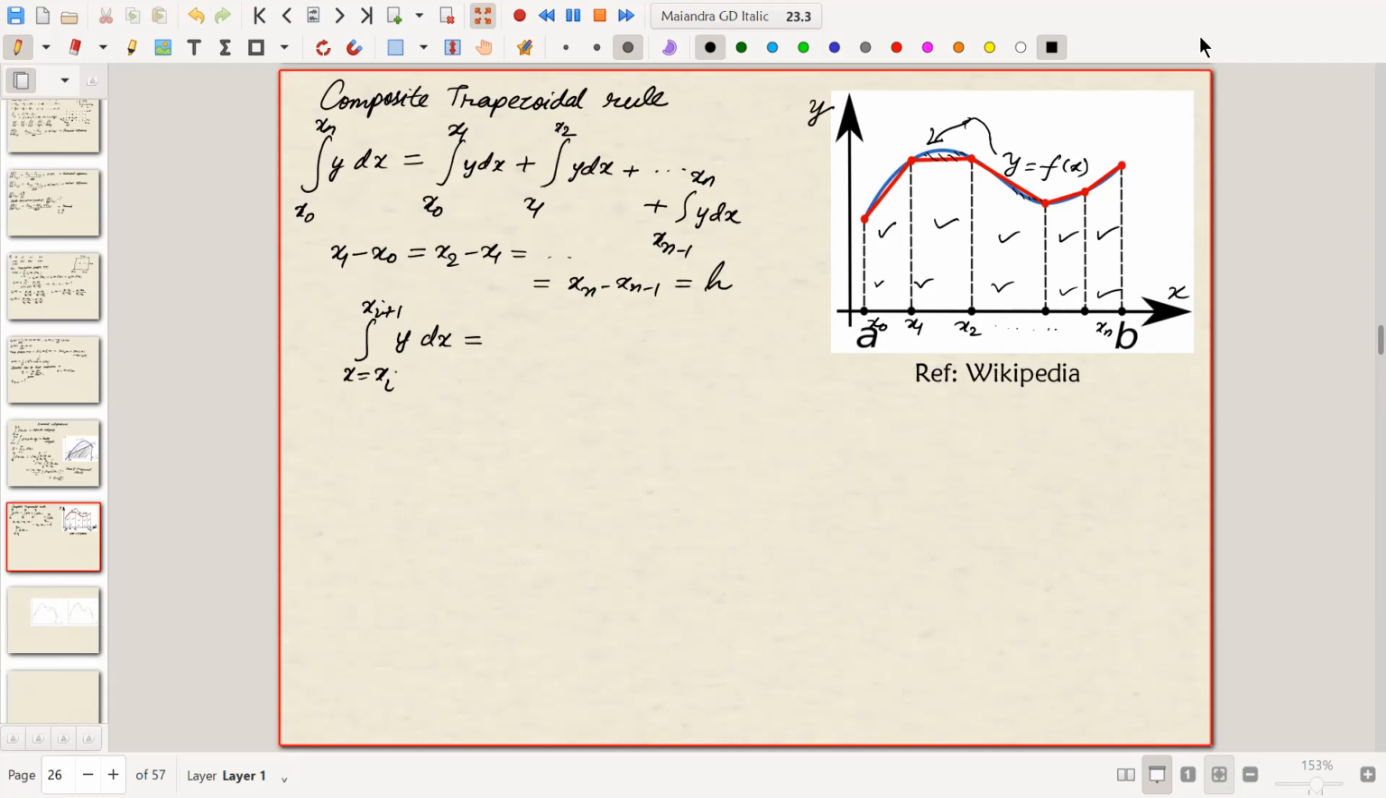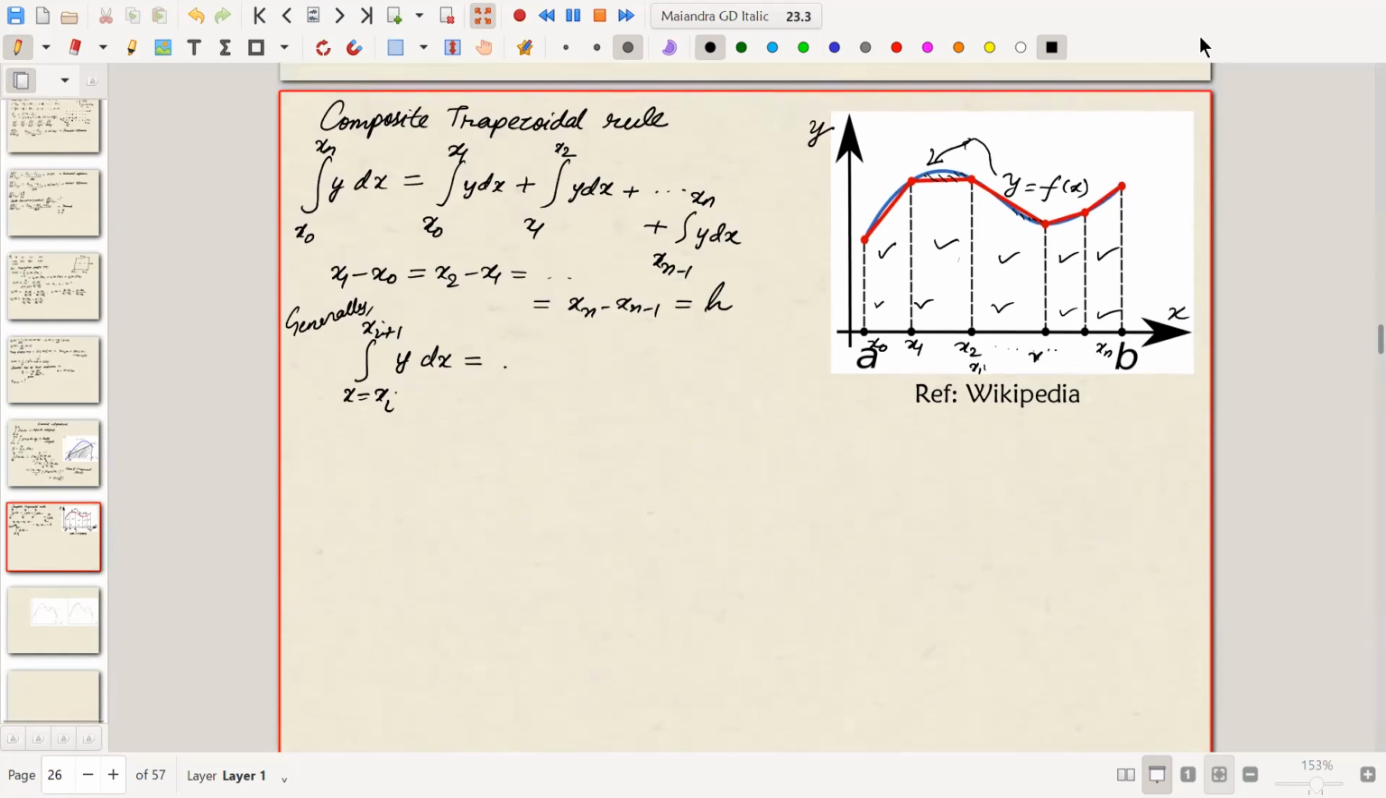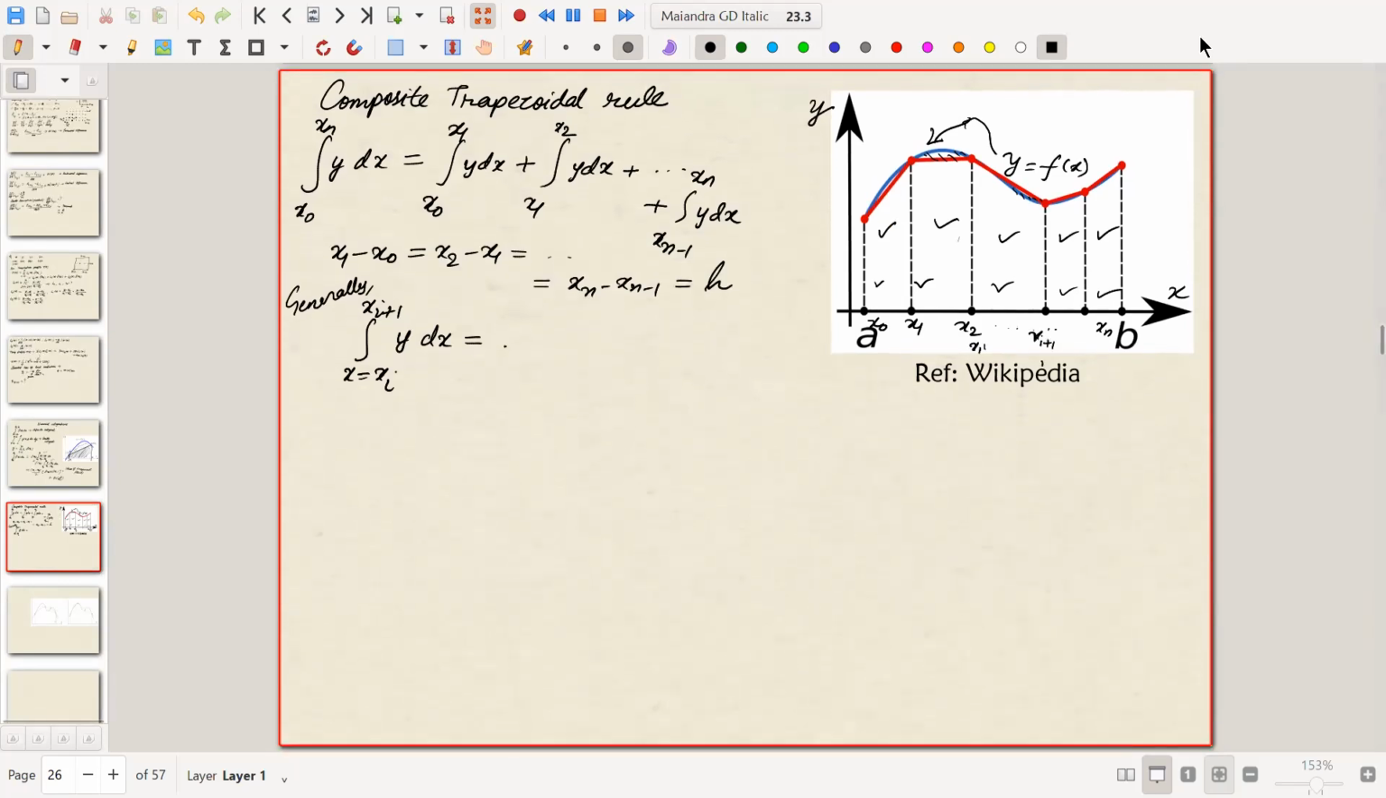So I am generally writing this statement: starting from xi to xi plus 1, y dx. What will that be? It's just from xi to xi plus 1, that means it is just for this one trapezoid. Say this is xi and this is xi plus 1. Just one trapezoid. So it will be h by 2, xi plus 1 minus xi, that is h, by 2 times